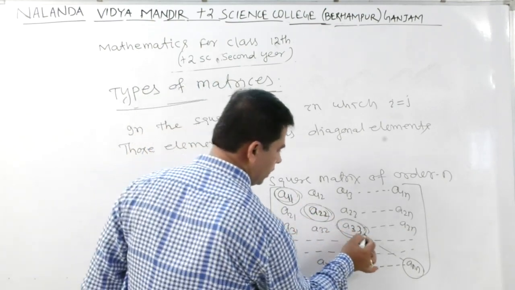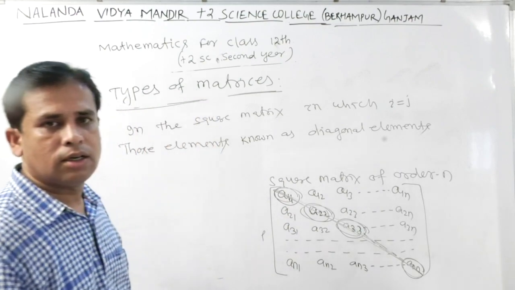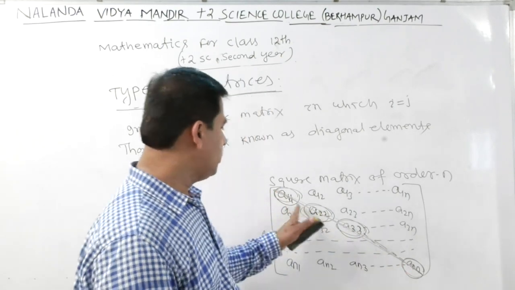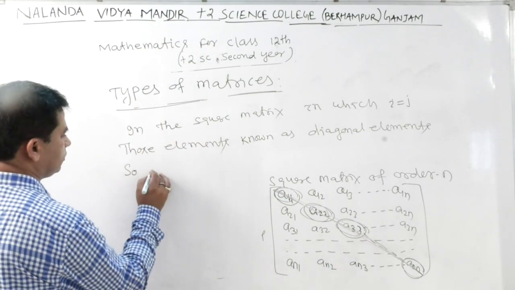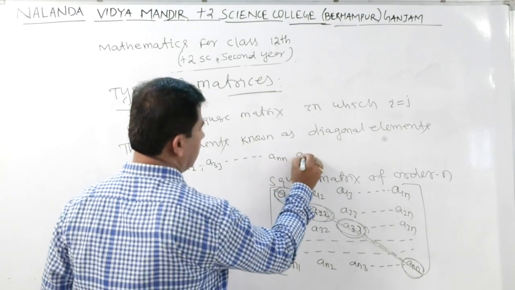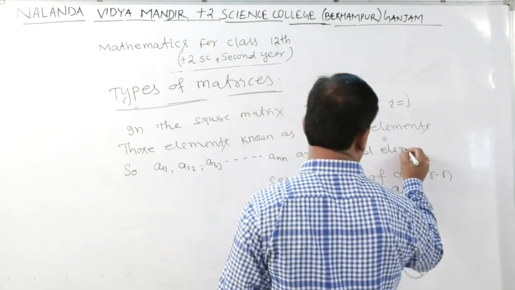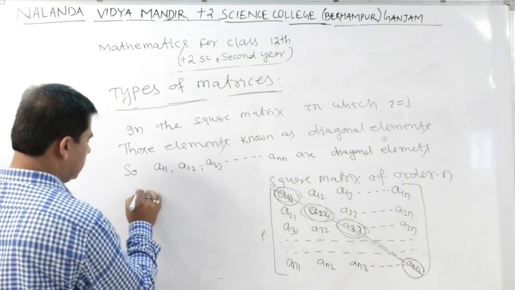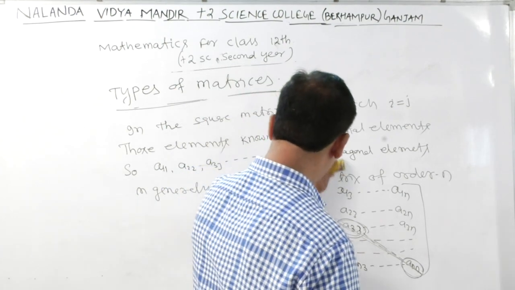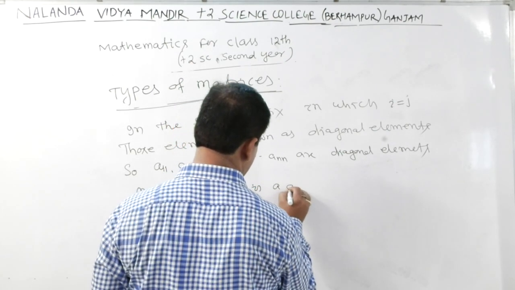A11, A22, A33, ann. These are our diagonal elements, and this line is known as the main diagonal or principal diagonal. Those elements lie on this line, they are our diagonal elements. So A11, A22, A33, ann are diagonal elements. In general, Aij is a diagonal element